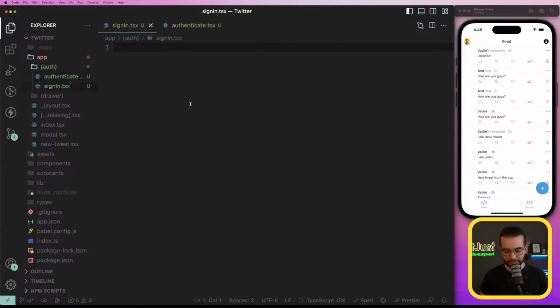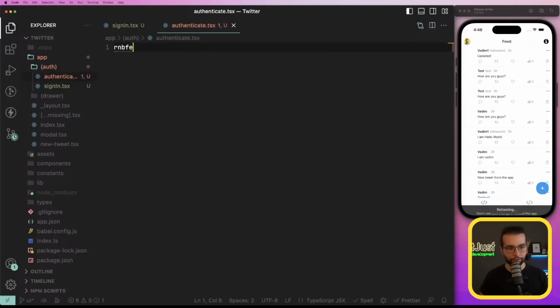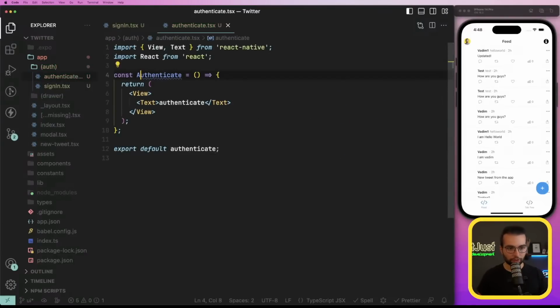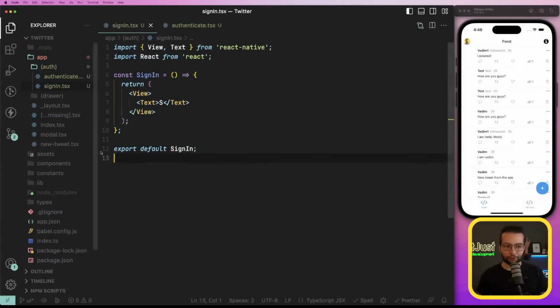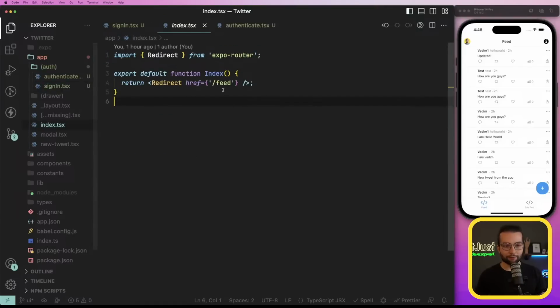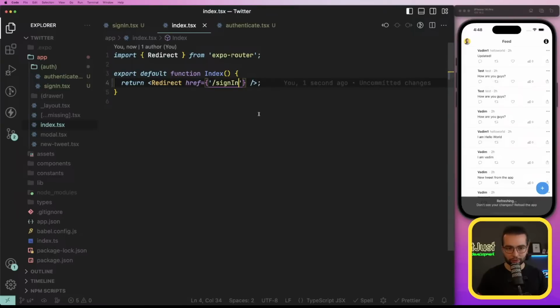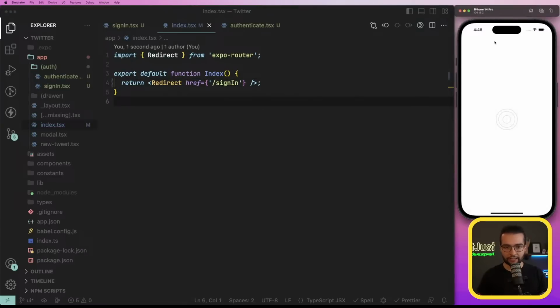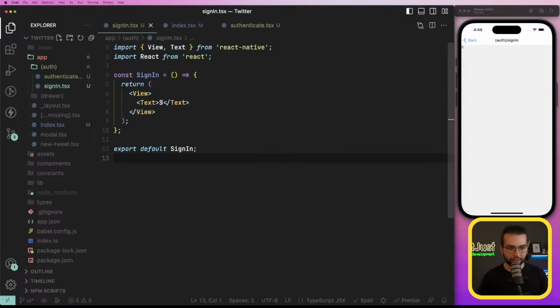Let's define two basic components here, React Native Functional Export, and here React Native Functional Export. Should be capital. Same here. As a temporary solution, in the index.tsx, I'm going to redirect actually to our sign in page in order to see it always on the screen. So if I refresh right now, we should be redirected to the sign in,